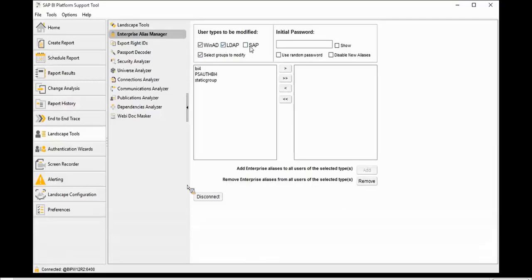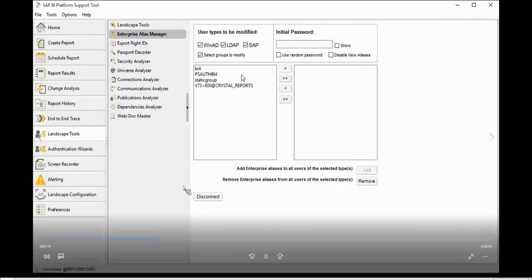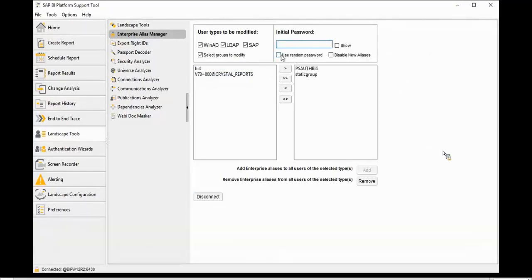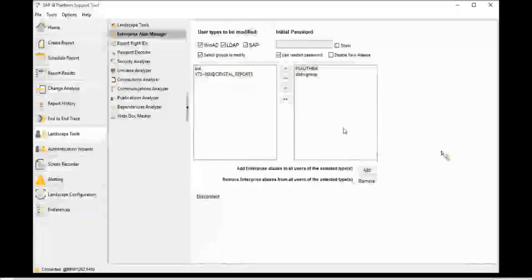The user will disappear. So here we can come in and we can do all of the third-party authentication types or only some of them. So you can choose what you want to alias, or you can also remove aliases if you want. You select what you want to alias, skip into that. And then you can set a password for the enterprise alias, or you can use a random